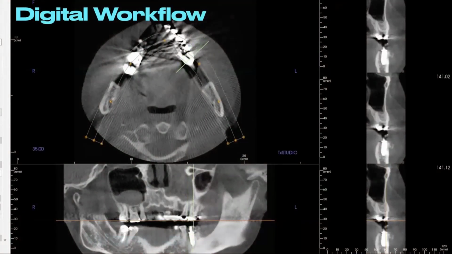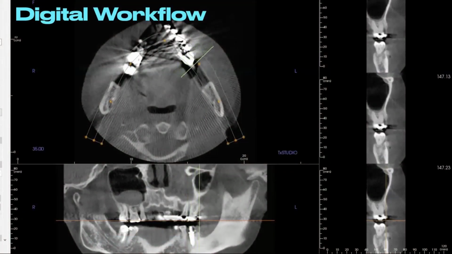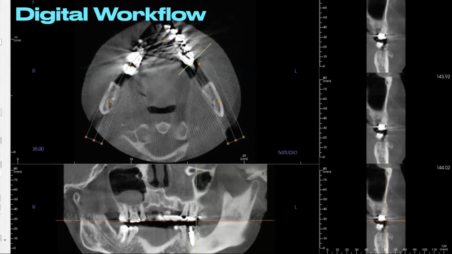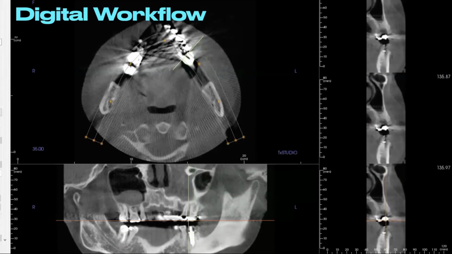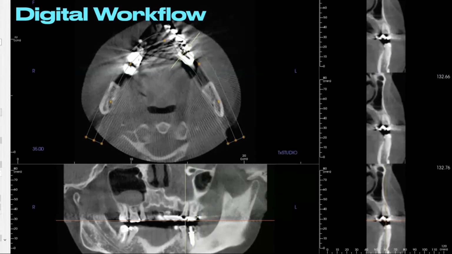So what we always do is verify these. We look at this in our cone beam CT scan machine, and we look at it and say, is our implant where it should be? Are we too close to a nerve? Are we too buccal? Are we too lingual? And if we don't like it, we have no problem going in and changing it. So we always take a post-operative CT to make sure that we got the result we wanted. The reason why I always encourage people to take post-operative cone beam CT scans is because